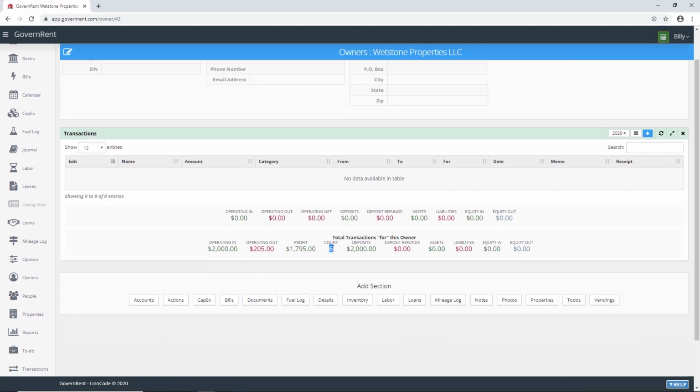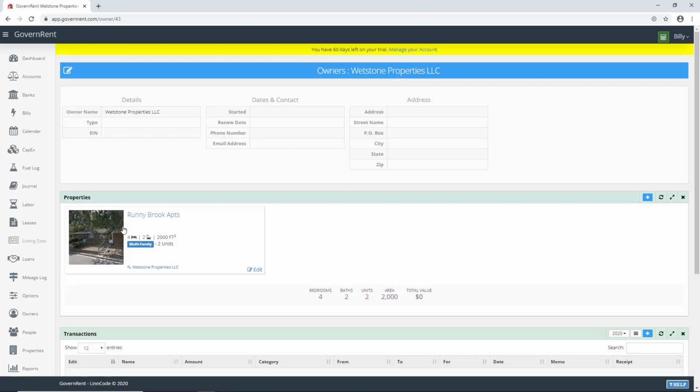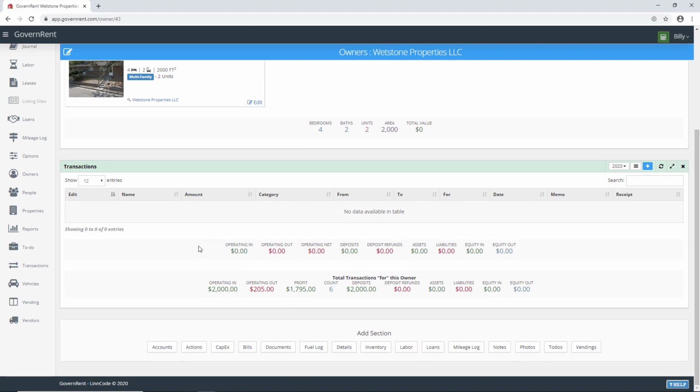And it shows us that there are 6 transactions that belong to Whetstone Properties, to all of their property. Let's add the properties. So you can see if we add the property section, all of your properties that belong in this LLC will show up here, and all the transactions for those properties will get rolled up here. But you can also add